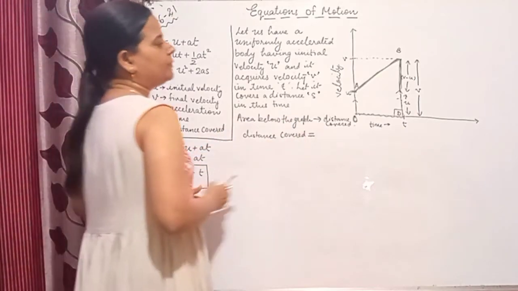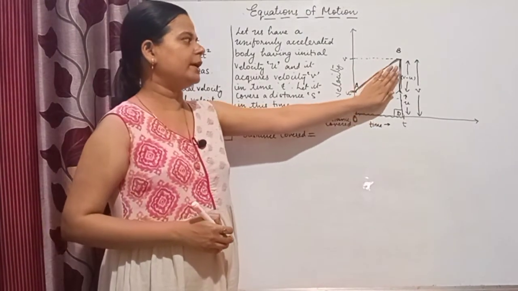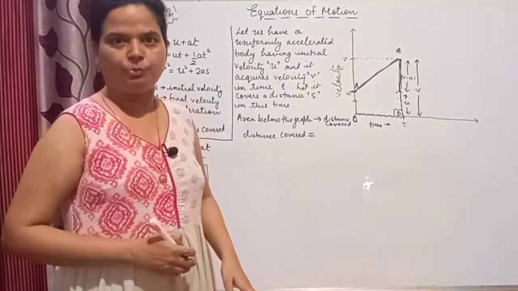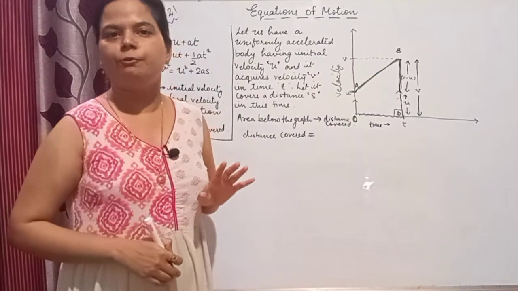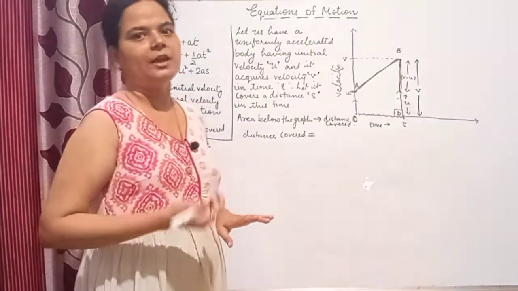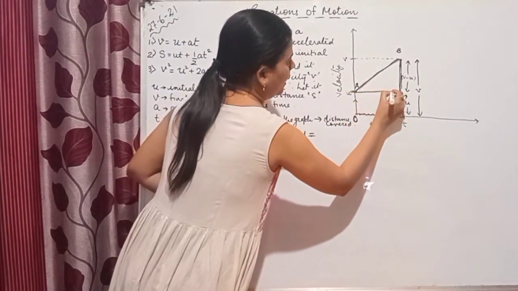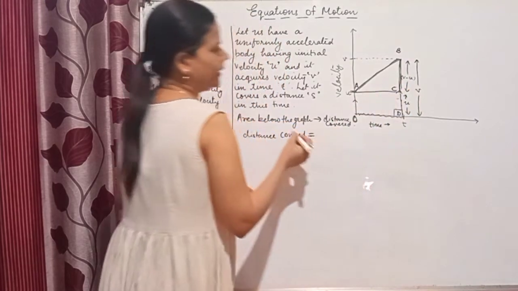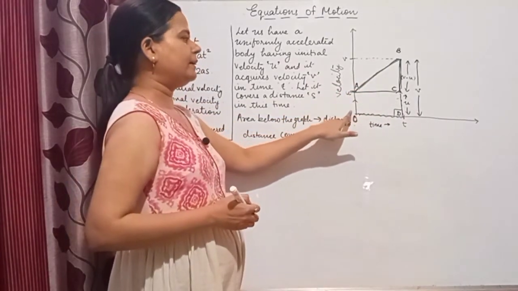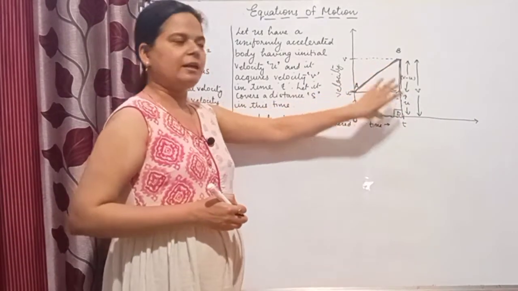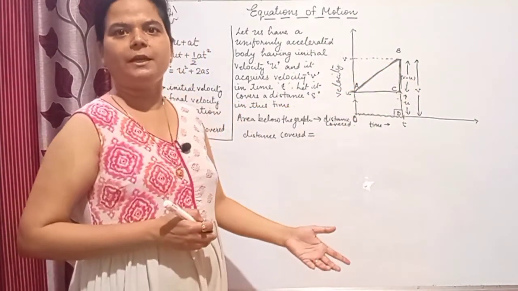Now this time I am going to calculate the area below the graph in a different way. Previously I took this portion as a trapezium, applied the formula for the area of a trapezium and calculated the area below the graph. This time I shall be drawing a line like this, let it be point C. So now I have a triangle ABC and a rectangle OACD. Then I shall calculate the area of these two parts and add them. Definitely we will get the whole area.